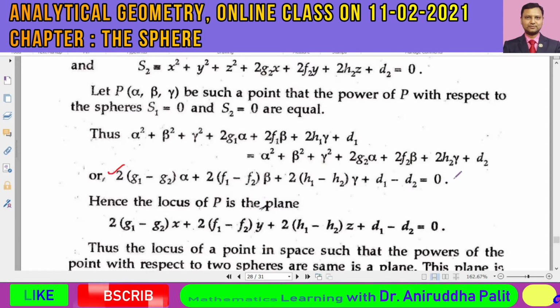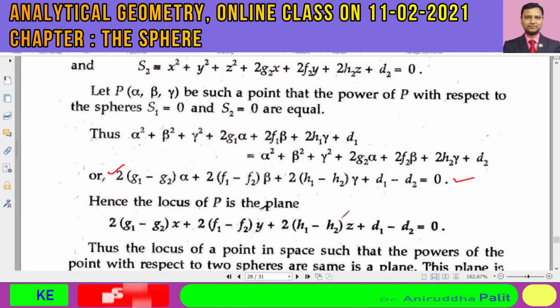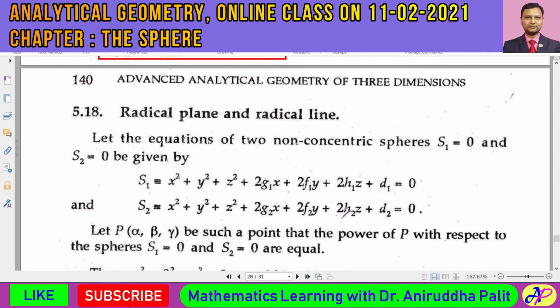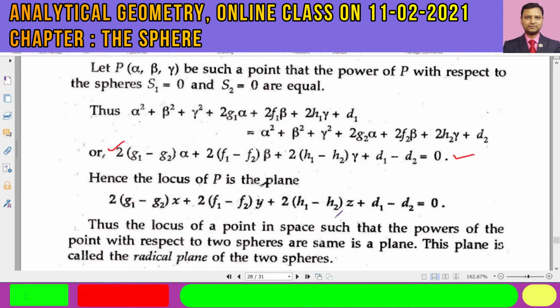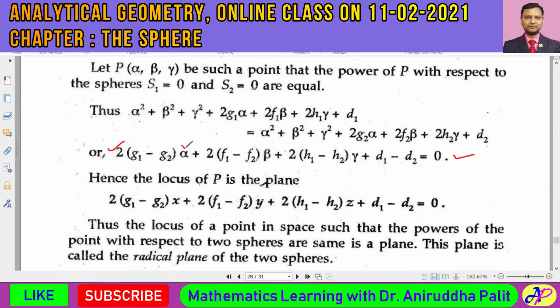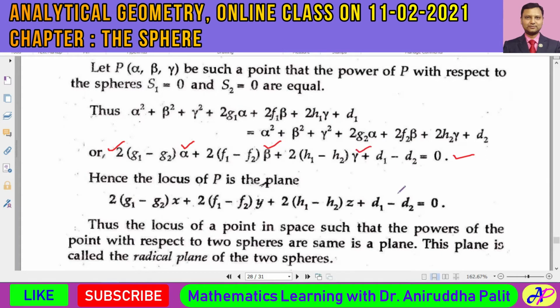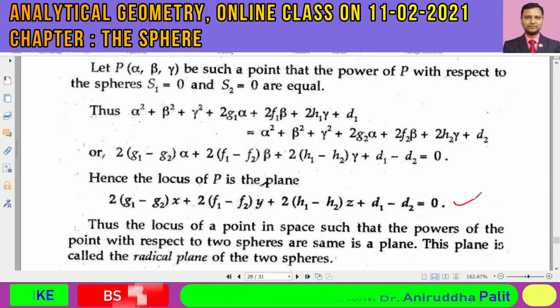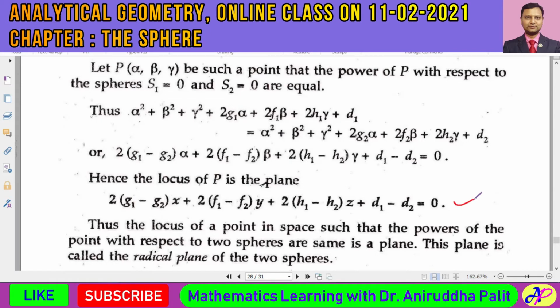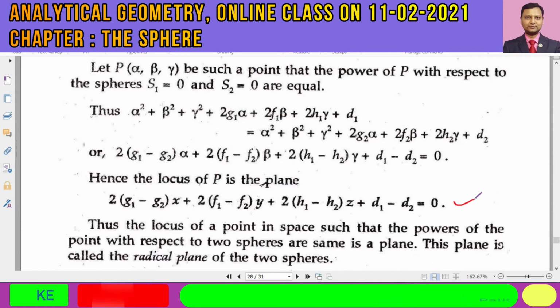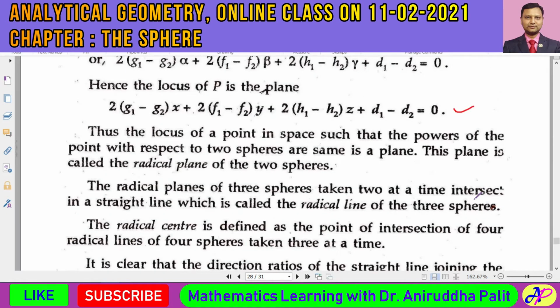Therefore, from this result we can compute the locus of the point P, and that locus is called the radical plane of these two spheres S1 and S2. So if we put x in place of alpha, y in place of beta, and z in place of gamma, we will be able to compute the locus of the point P. So over here, what we observe is that this locus of the point P is actually the radical plane of these two spheres,